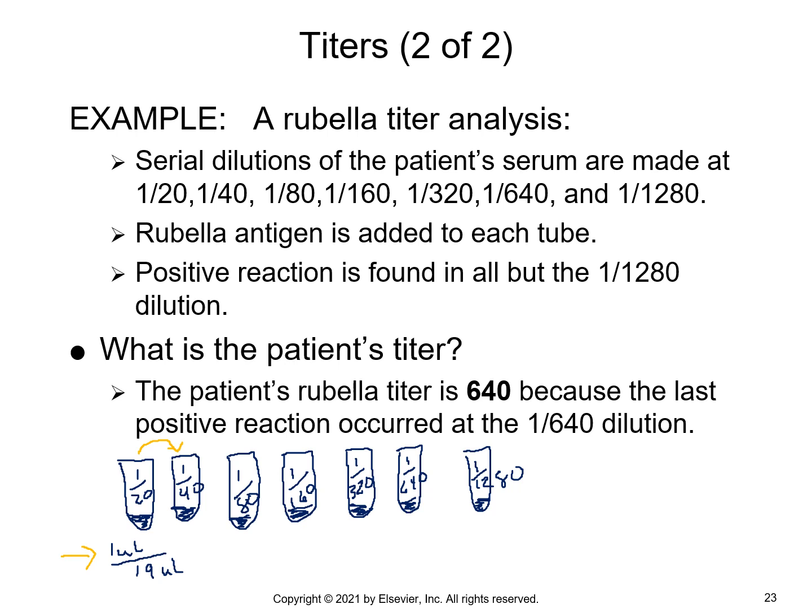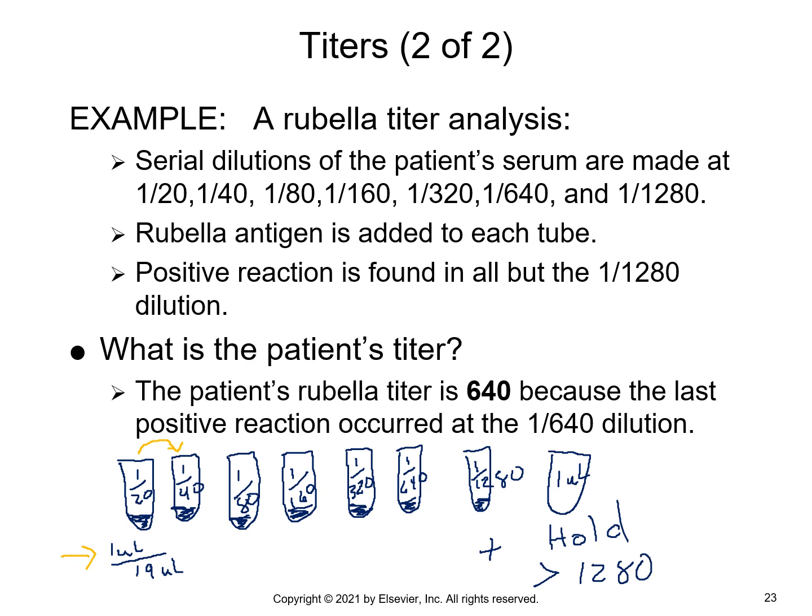Something I want to point out that's not mentioned here: typically that last tube that you dilute, whatever you take off, that 1 microliter of sample, you would put it in this tube, and this would be considered a hold tube. Why would we do a hold tube? If you end up doing your titer and you've still got reactivity in this last tube, then you have samples so that you could keep doing dilution should you need to. Some tests, depending on what it is, would just stop and say greater than